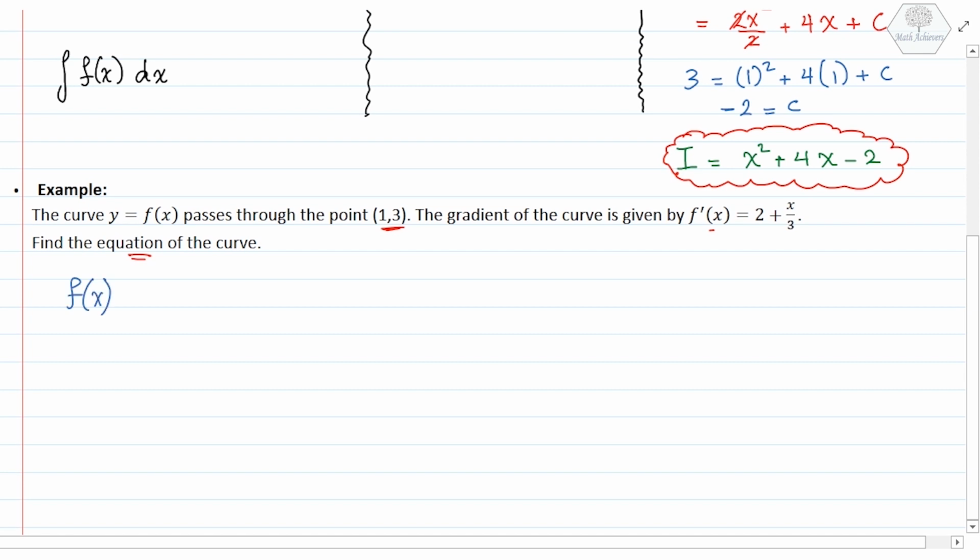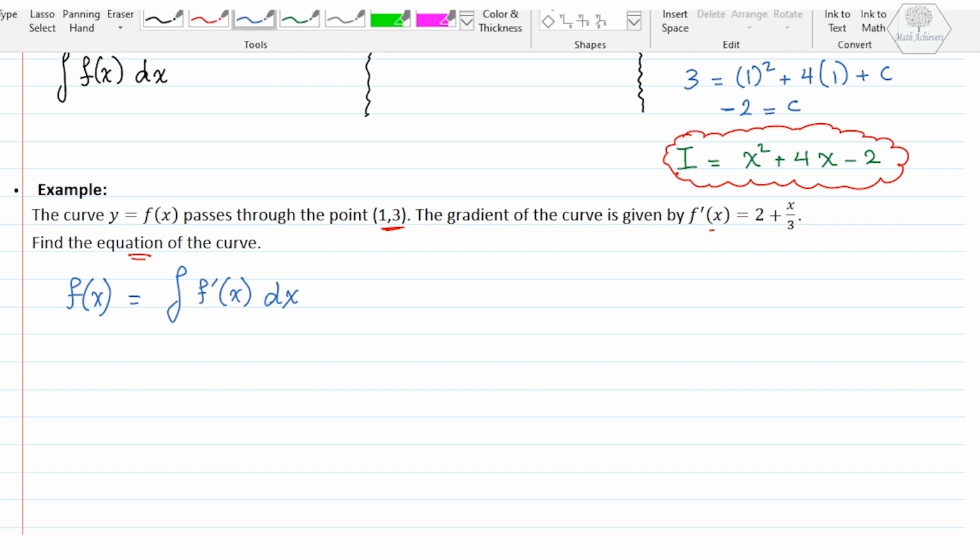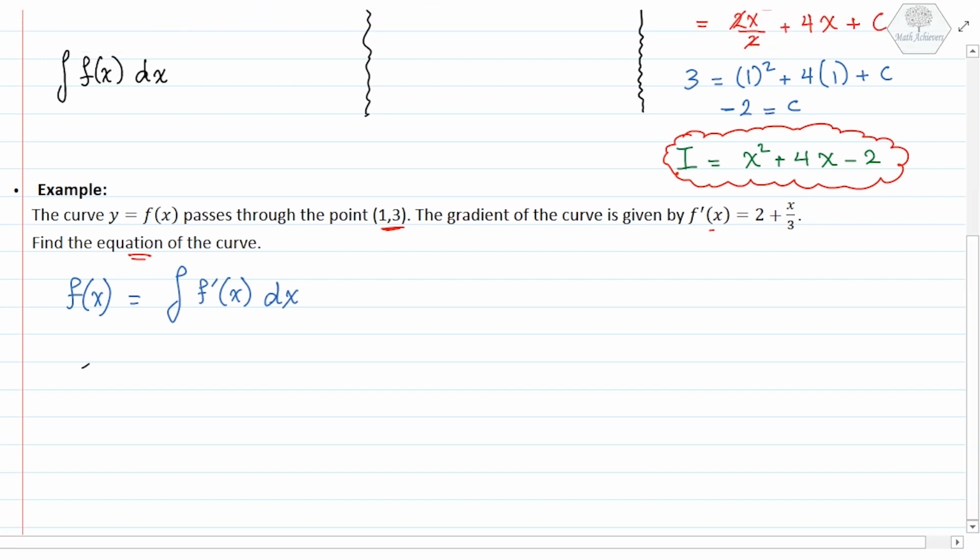f of x, which is the original equation, is simply equal to the integration of f prime of x, because we said that the integration is the antiderivative. It takes the first derivative to the original equation, dx. So now let's integrate f prime of x. So the integration of f prime, which is 2 plus x over 3 dx, this is equal to, the 2 becomes 2x plus x squared divided by,